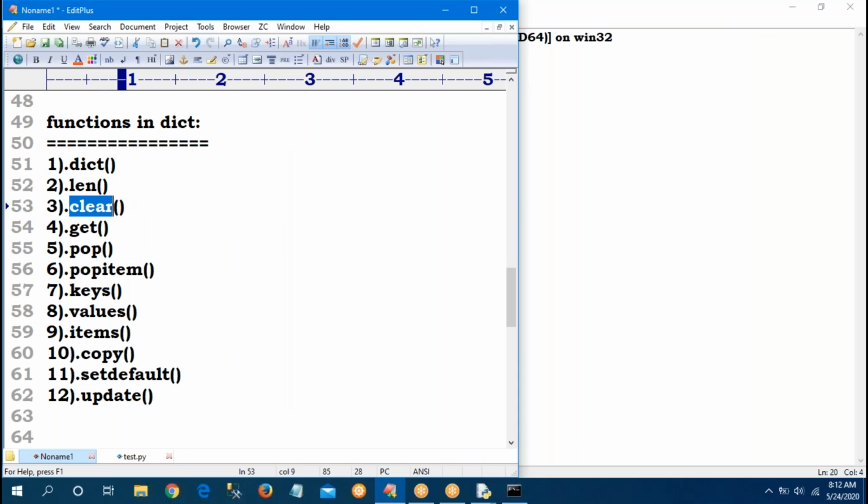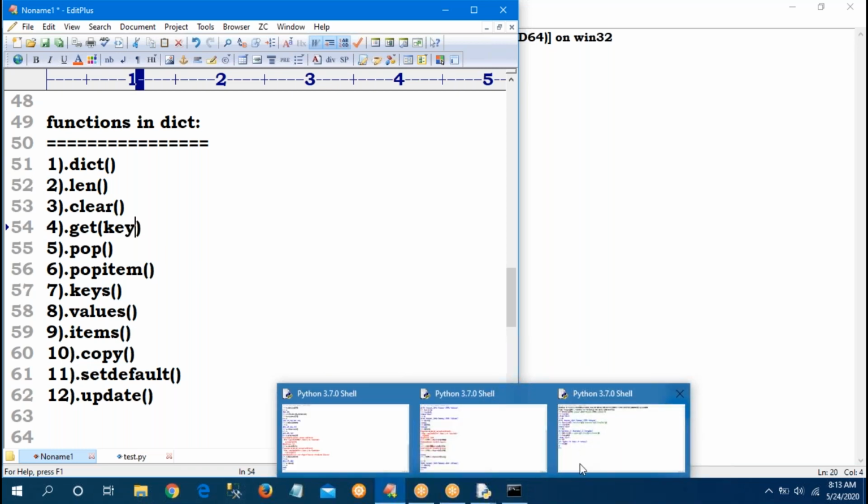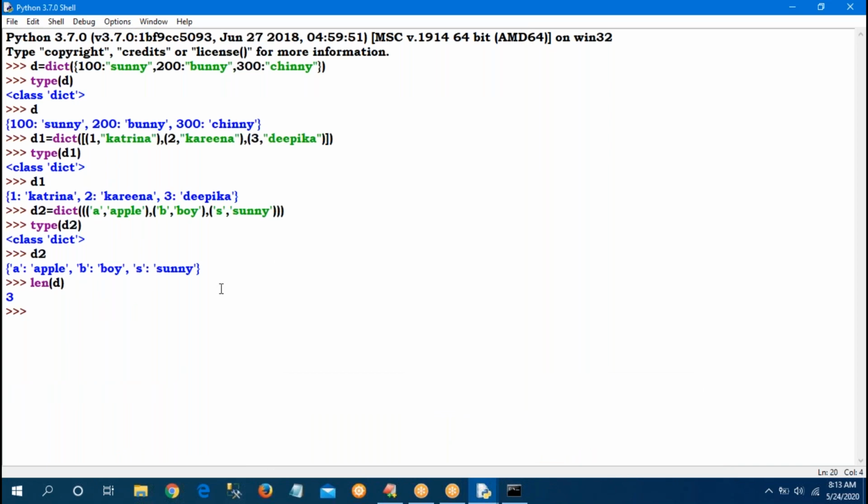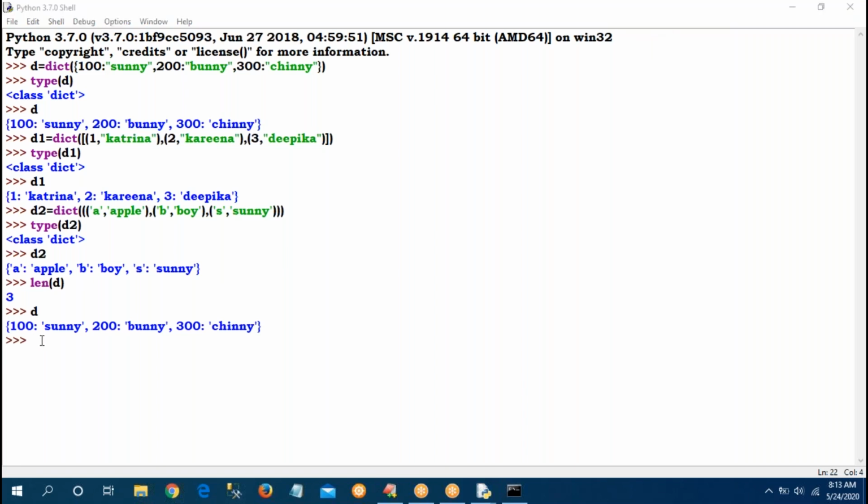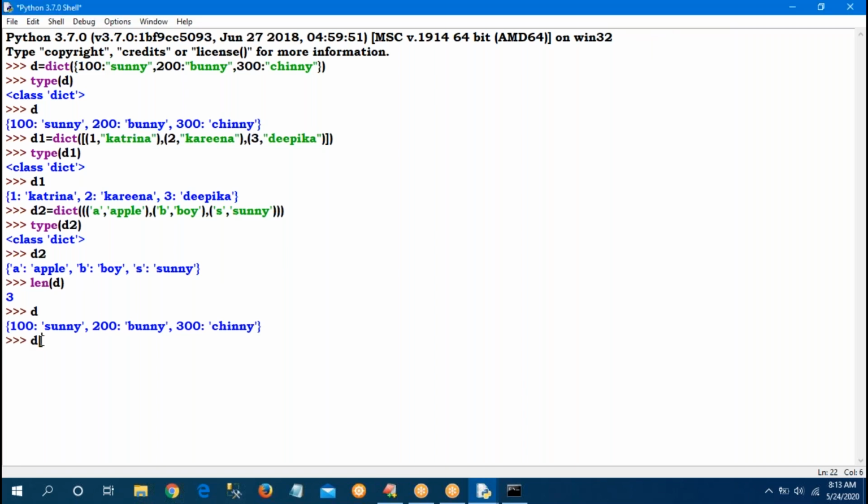That is the clear. Sir, get function. Get means inside you can give the key. Get of key, the value I will get. Observe carefully here. Sir, in the D, 100, 200, 300 are available. What is the difference between all these? If I give D of 100, D of 100 means Sunny I am getting.